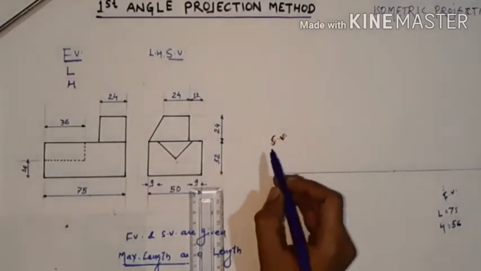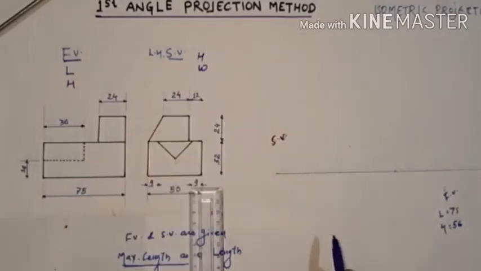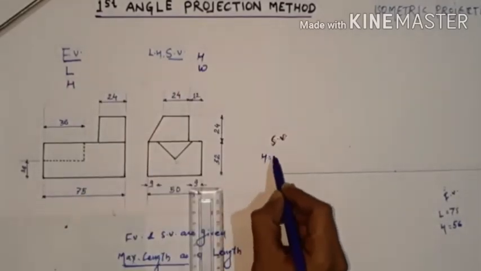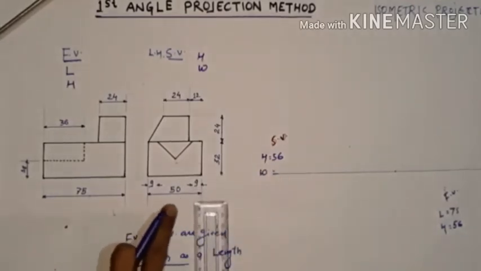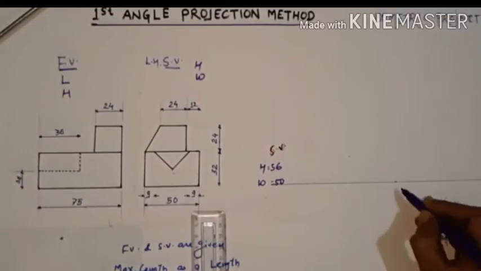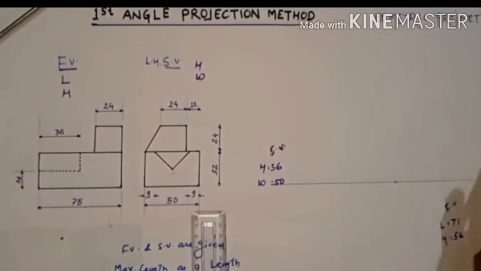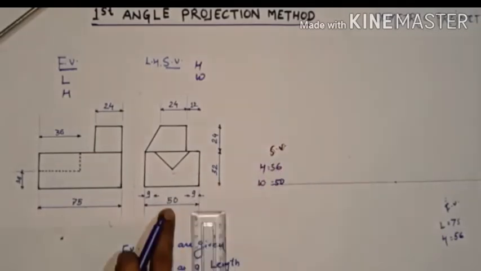Now talk about the side view. From the side view we always know that height and width are seen. So what about the height? Clear, the height is 56. And what about the width? Side view shows the width. So here this is your 50 mm. Okay, now start here. From this line we draw a length, and from this line we draw a width. So let's start.